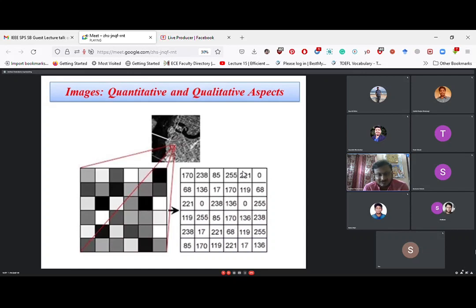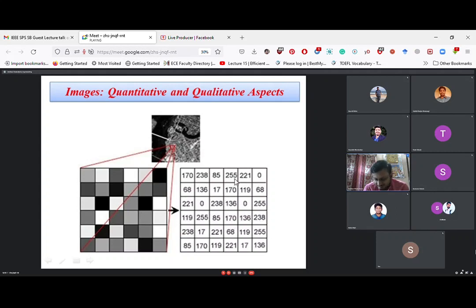Here is also one example I have given for quantitative analysis. In the previous image, only zeros and ones are the intensity values, only two intensity levels. Here, the intensity levels are different. You can find 170, 38, 85, 17. Lower intensity value means it is darker. Suppose this pixel is a darker pixel, so it has a low intensity value, 85. This pixel is completely white, with a high intensity value, 255. So there are several intensity levels. These are called gray levels. It is called a grayscale image.